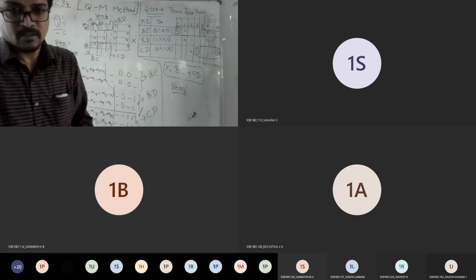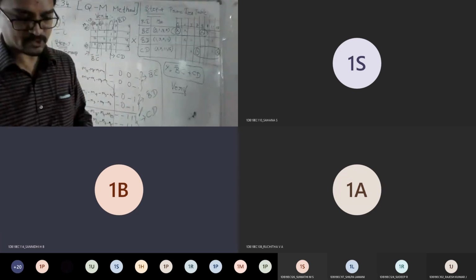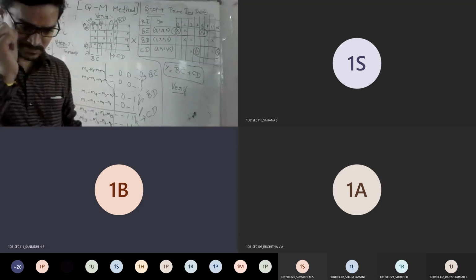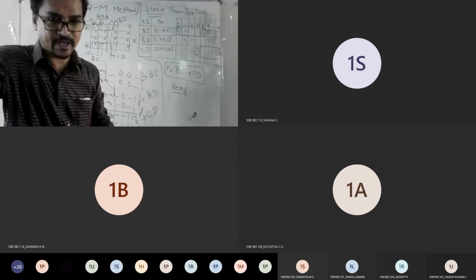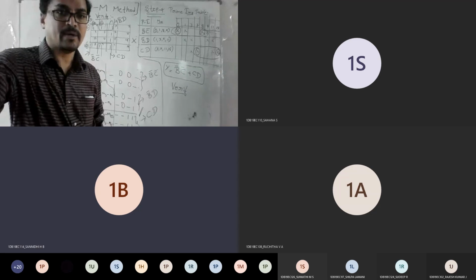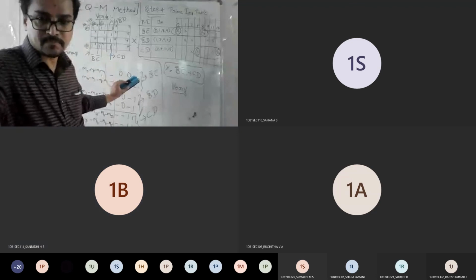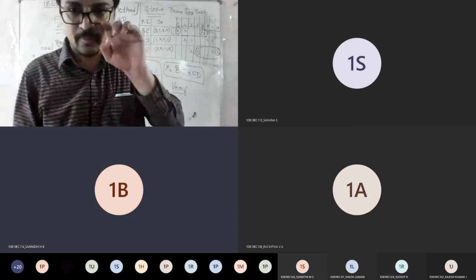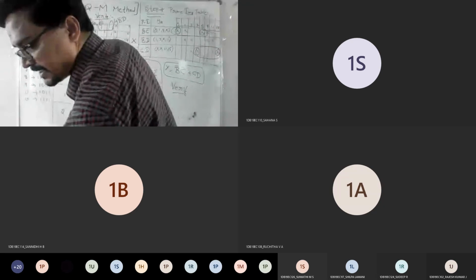Any doubts, anyone till here? If you understood this problem, next I want you to solve one by yourself. Am I clear with these steps to everyone? Yes, sir. If you solve one problem, all your doubts will be cleared and we can end today's session. Is it done till here? Yes, sir. Okay, now run the question. I want you to solve by yourself now. If you solve this one problem, you will understand the things in a better way.